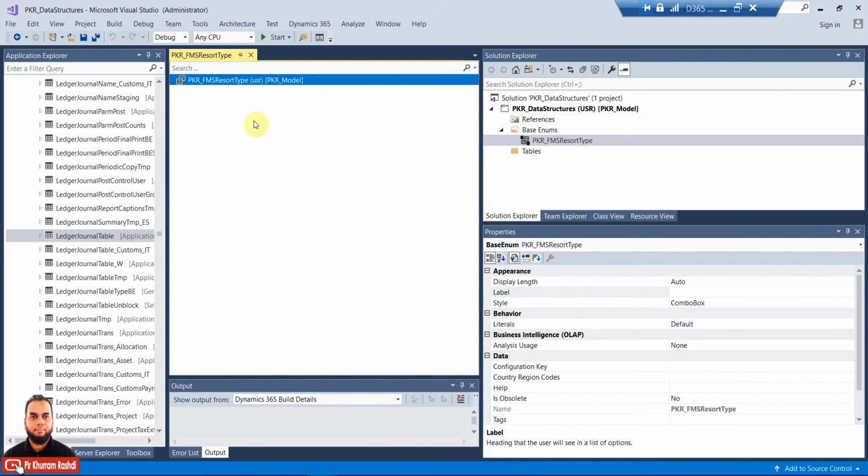On the left hand side you can see what a base enum is. A base enum is an enumerated type. In C sharp it is called an enumerated type, but in D365 or X++ it is called a base enum.